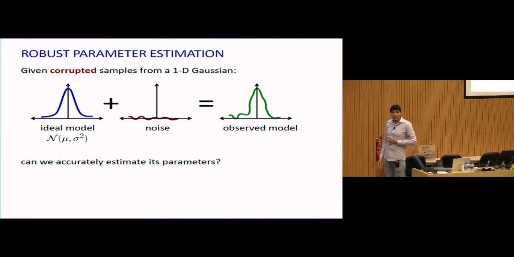And the basic question you can ask is, if you're given samples from this distribution on the right, is there a sense in which you can meaningfully estimate the parameters that you started off with, the unknown mean mu and the unknown variance sigma squared? So what I'm going to do first is make this more precise and define it properly. Then I'm going to talk about some of the standard recipes in robust statistics, things that work extremely well in low-dimensional applications. And then I'll talk about what happens when you bring in computational perspectives and talk about modern high-dimensional problems.